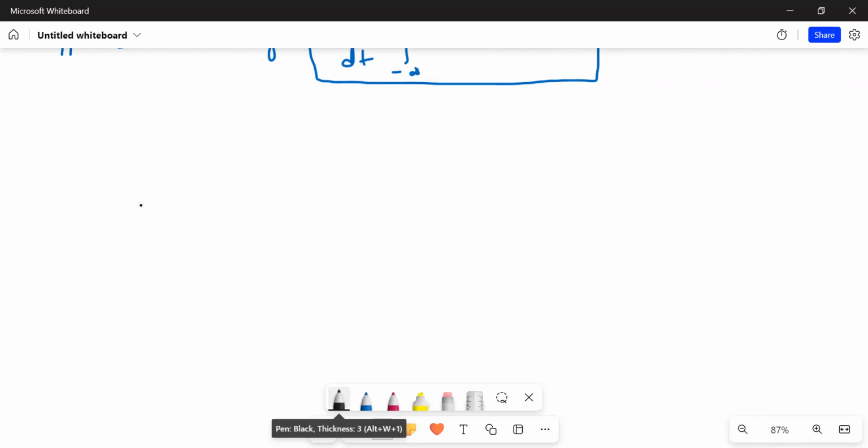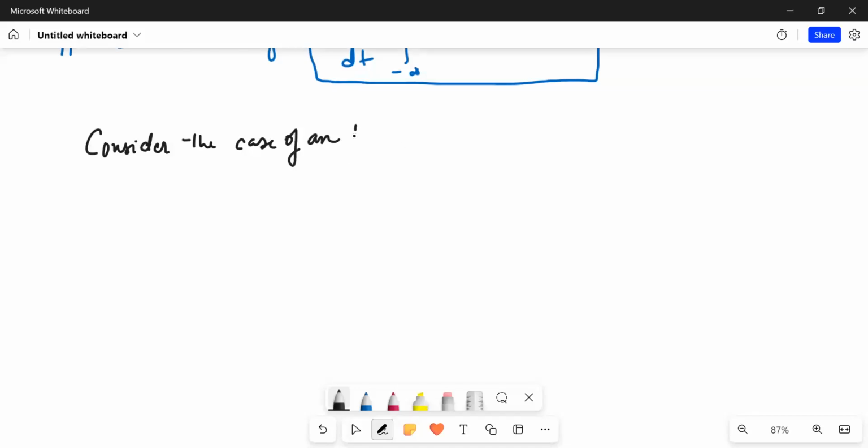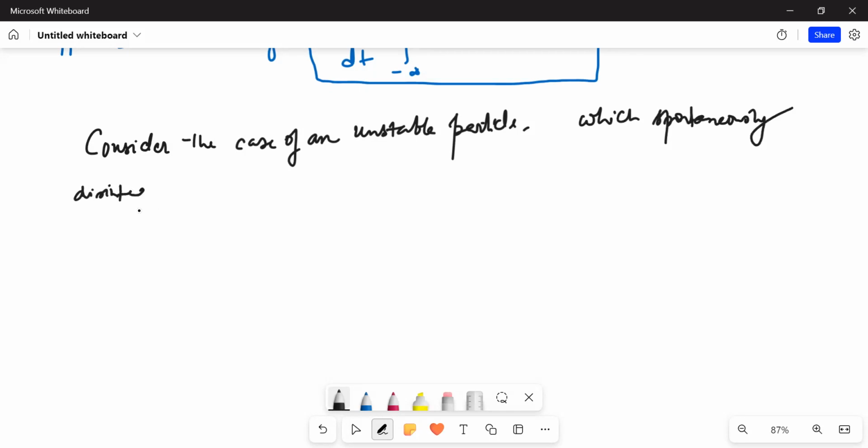So let us consider the case of an unstable particle which spontaneously disintegrates with a lifetime